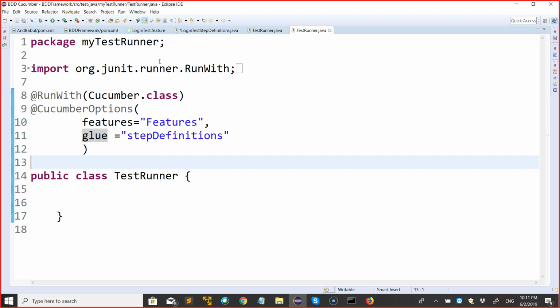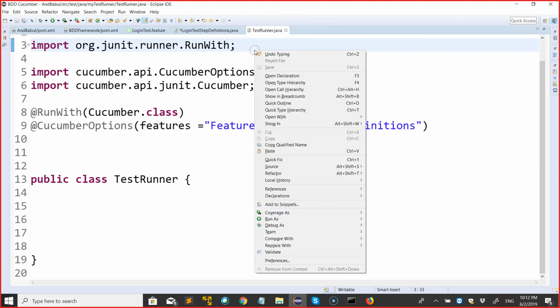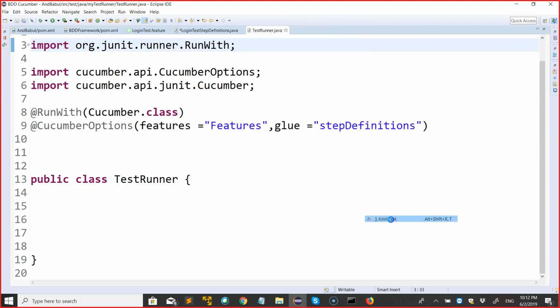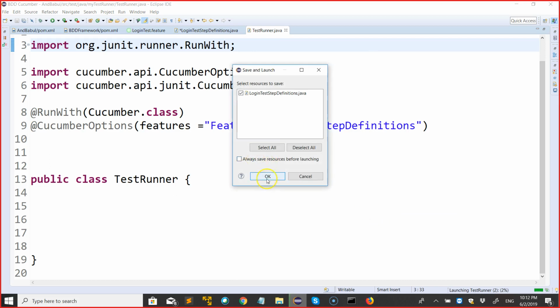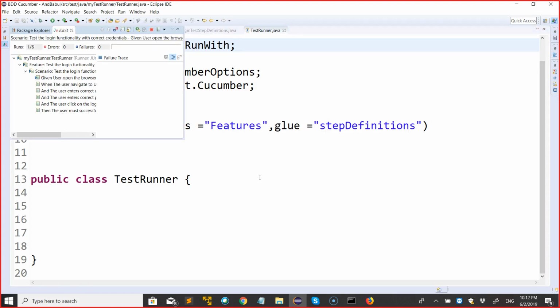Which one is our test runner? I think this one. Okay, we took the wrong one. Right button click on JUnit tests, login test. Okay, it's invoking the browser,